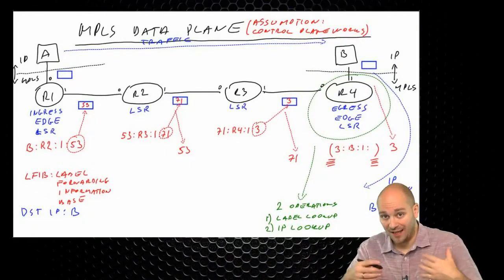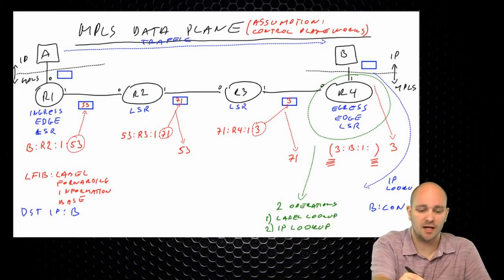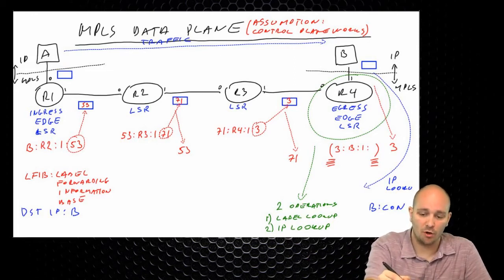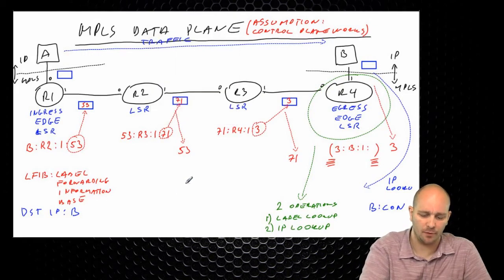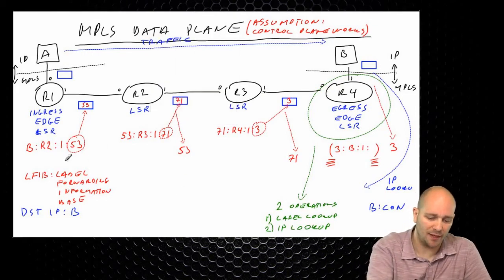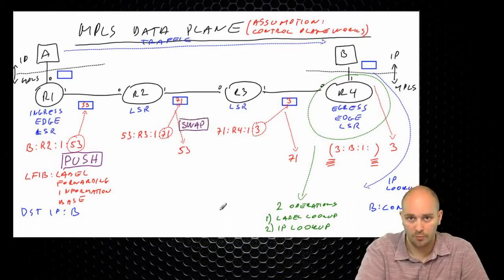So in order to understand what actually happens by default in Cisco routers, let's give these different operations a name. This operation of actually taking a packet that did not have the label and installing the label on the packet is something that is called MPLS push operation. So this is where we say that we are actually pushing the label onto the stack. This operation here, where we took one label out and we replaced it with another label, is something that we call the swap operation. The similar thing happened here,